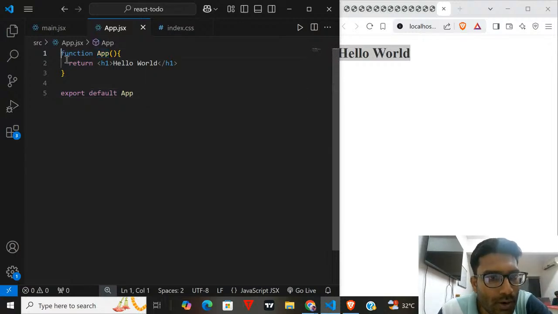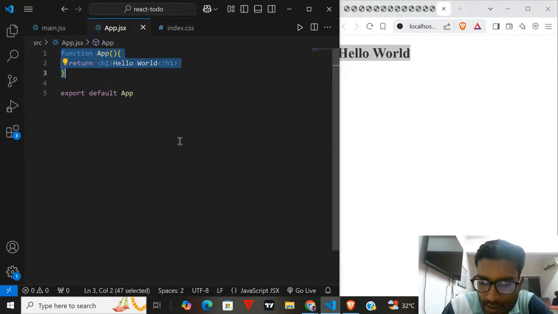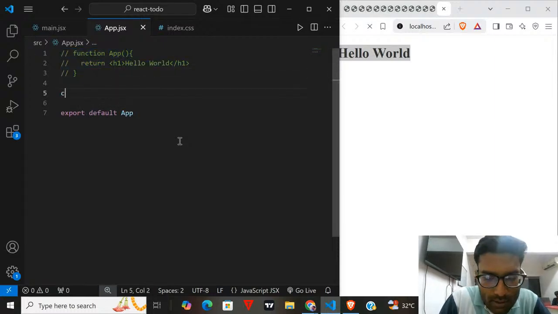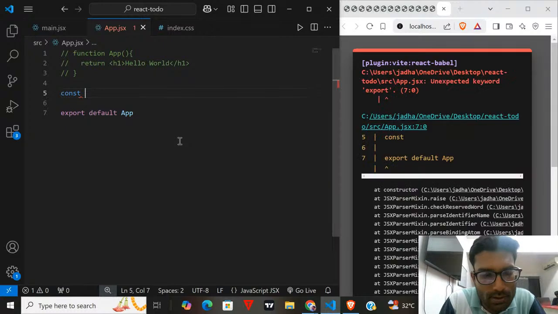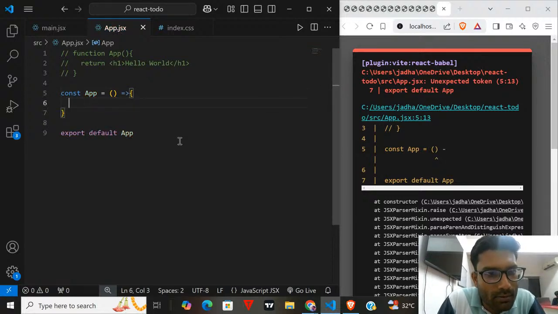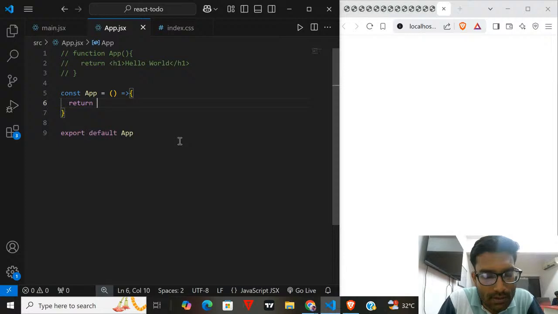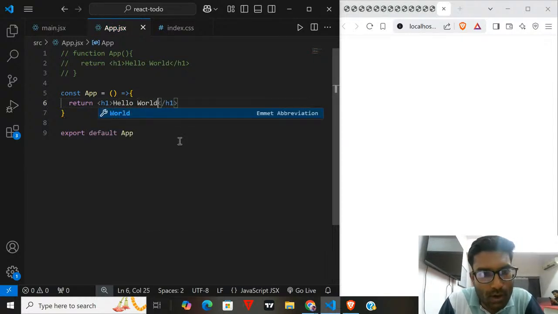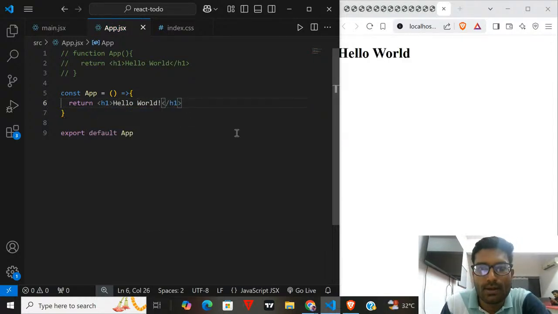If you want to change this component into an arrow function, if you know a little bit of JavaScript and arrow functions, you can also make it that way. So const App equals an arrow function, and inside this arrow function we will simply return what we did in the previous code: h1 and hello world, right?